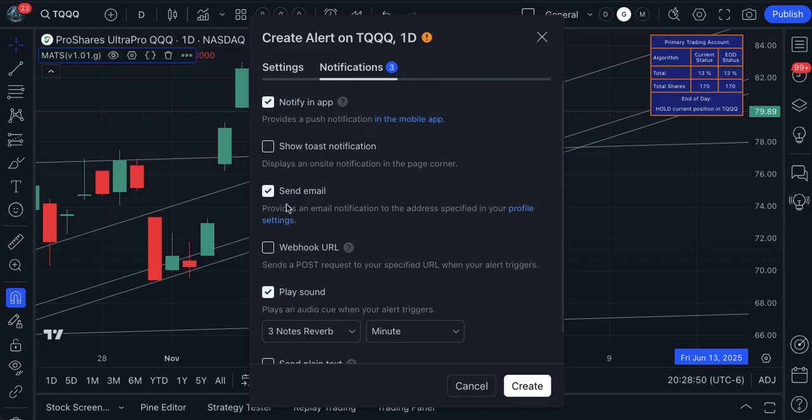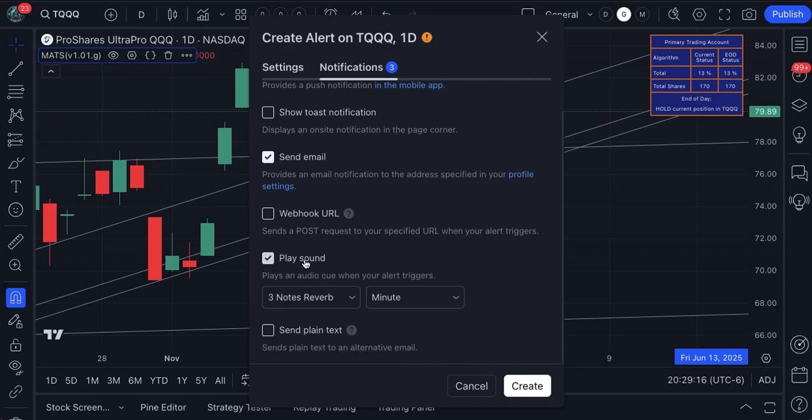If you want to have emails sent to you as well, you can click right there. It will send you an email. In order to receive an email, in your TradingView profile settings, you need to be sure and have your email set. Okay, and so that's where you'd click up here, and it would have a drop-down menu, and you click profile, and you can edit all that kind of information, and make sure you have the email that you would want it sent to. Also, you can click play sound,